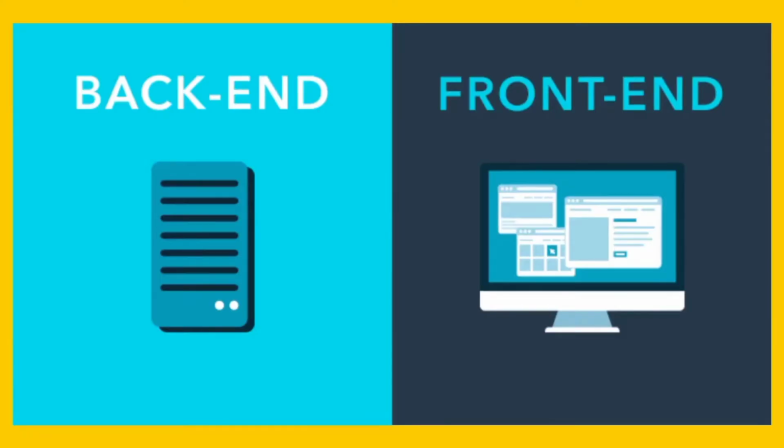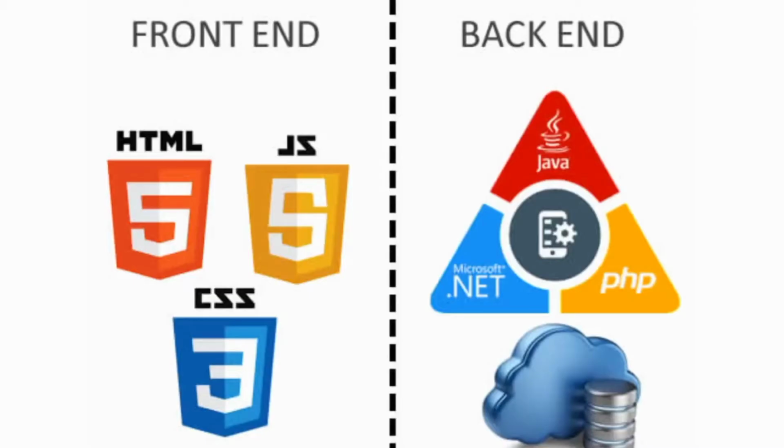Website designing is divided into two parts, front end and back end. There are so many languages to design a website, but in this video I'll explain some of the popular languages which are easy to learn. There are lots of programming languages to design both front end and back end. Some of the popular front end languages are HTML, CSS, and JavaScript, and some of the popular back end languages are PHP, .NET, Ruby, Python, Perl, and etc. So many. First of all, I'll talk about front end.